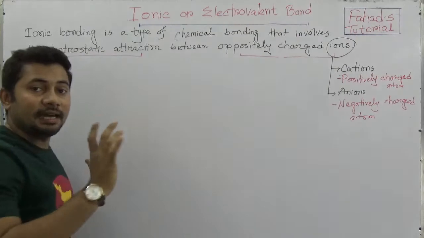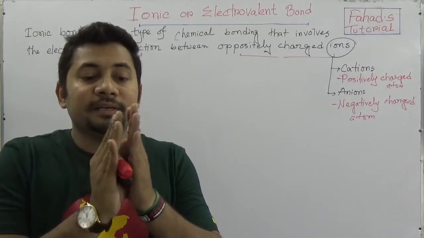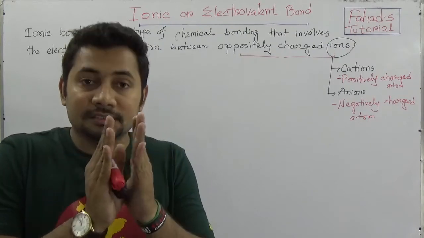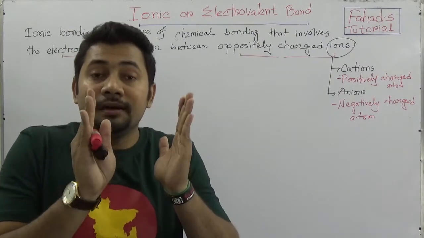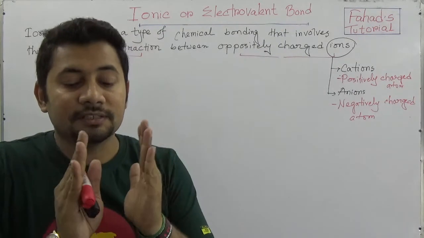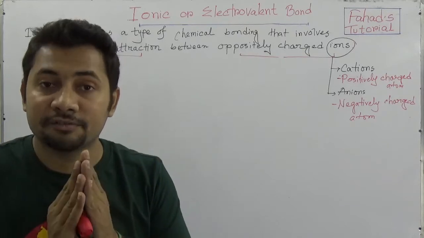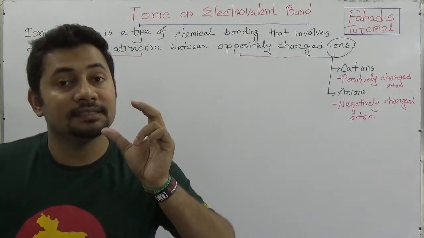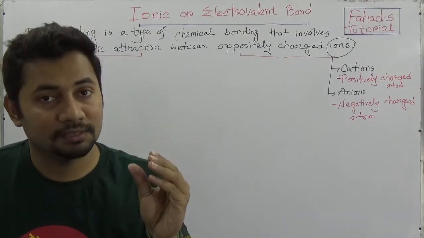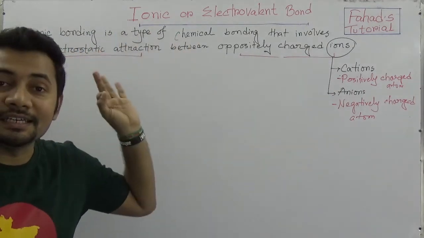When cations and anions come together, there will be an attraction, and this attraction between oppositely charged ions is called the electrostatic force or electrostatic attraction. When these electrostatic attractions work, we can say this is an ionic bond,